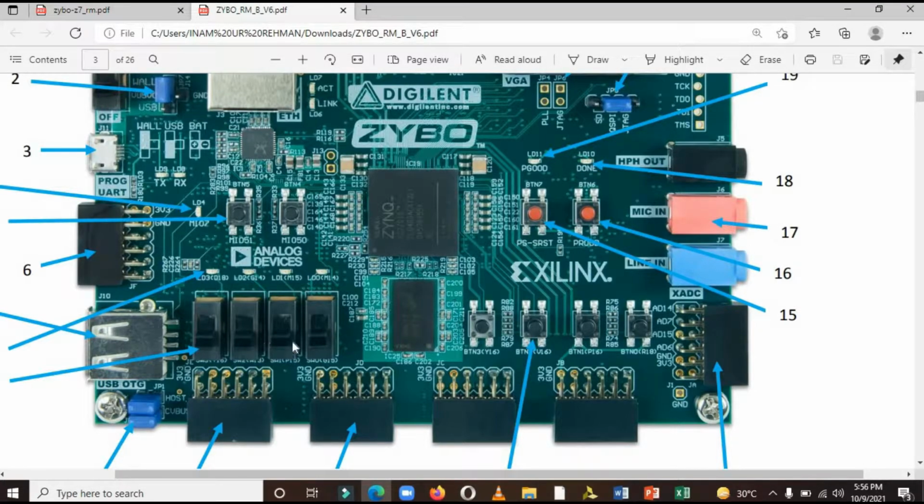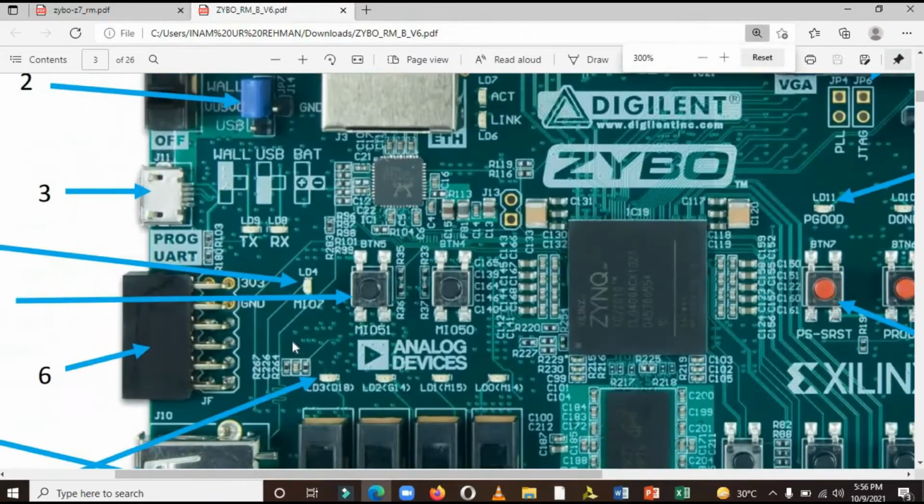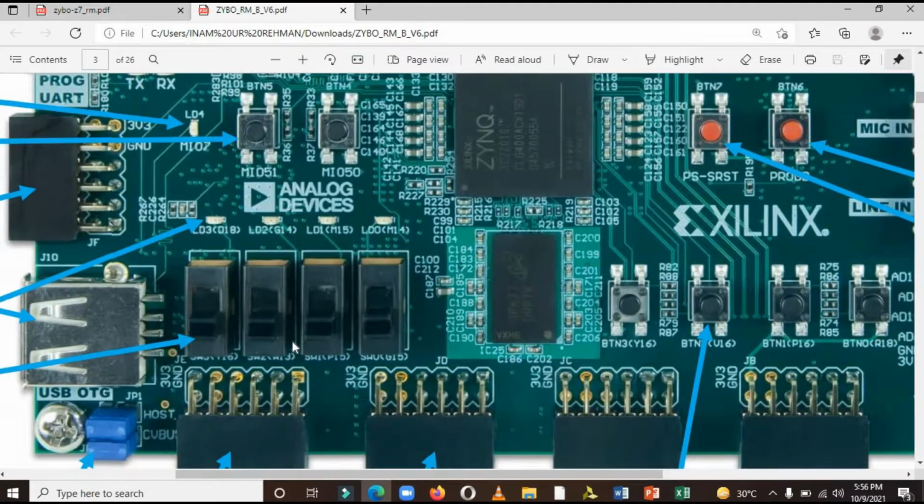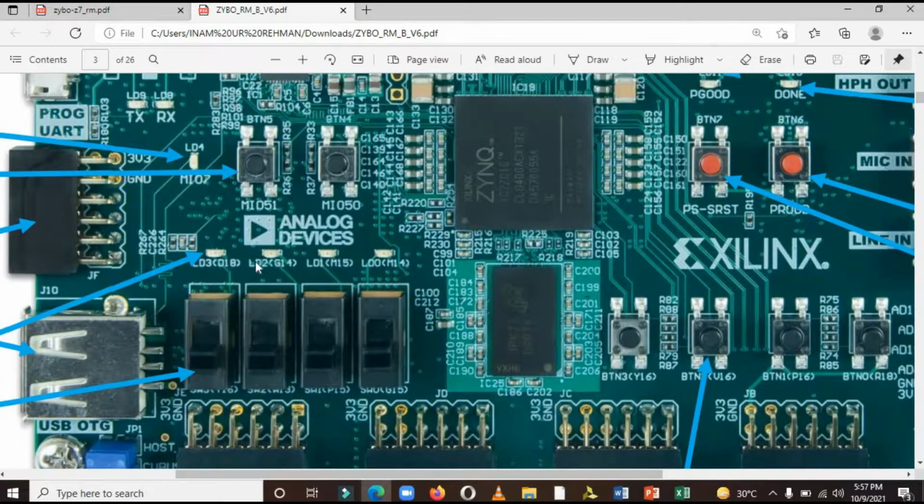We can define these switches as input, and the pins of these switches are G15, P15, W13 and T16. Here we have 4 user LEDs, connected to the pins M14, M15, G14 and D18. We can use these 4 LEDs as output.